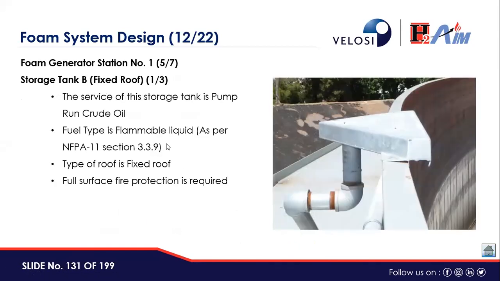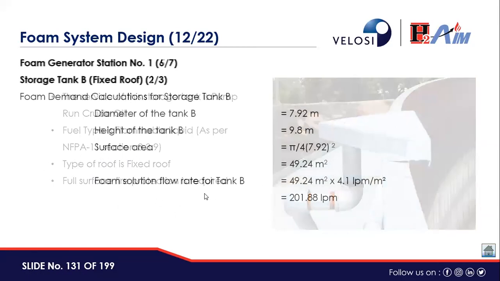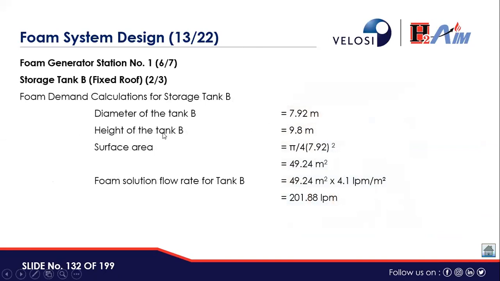Similarly, we can perform the same calculation for tank B, which is a fixed roof. The service of the storage tank is crude oil. Fuel type is flammable liquid as per NFPA 11 section 3.3.9. The type of roof is fixed roof. Full surface fire protection is required for this tank. So the diameter of the tank, the height of the tank, the surface area. Foam solution flow rate for tank B is 201.88